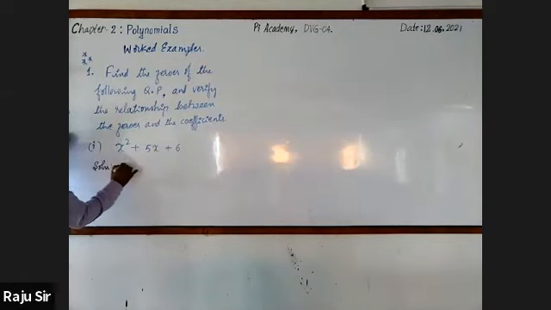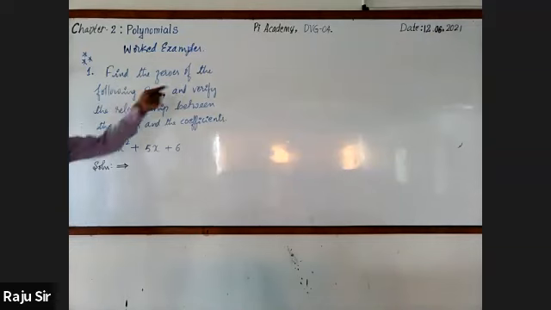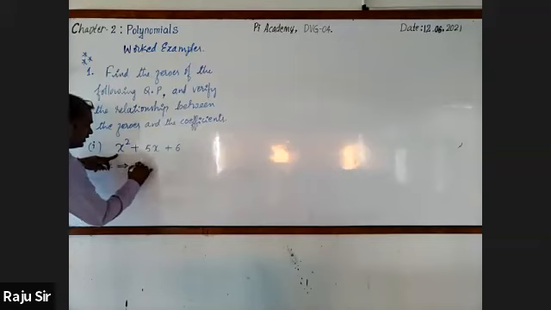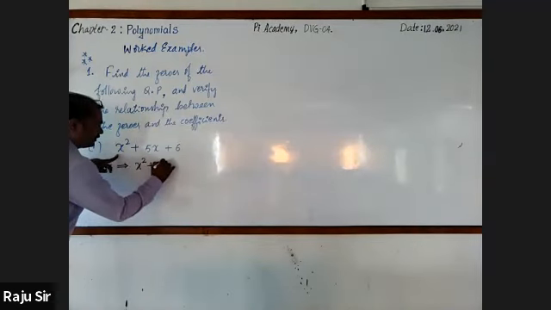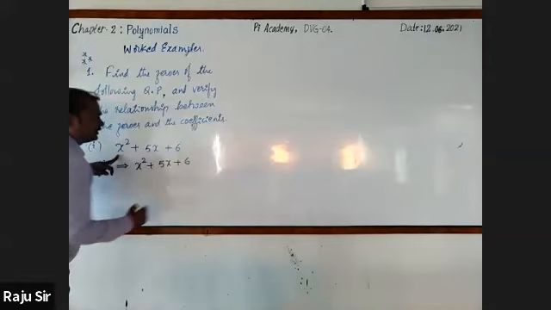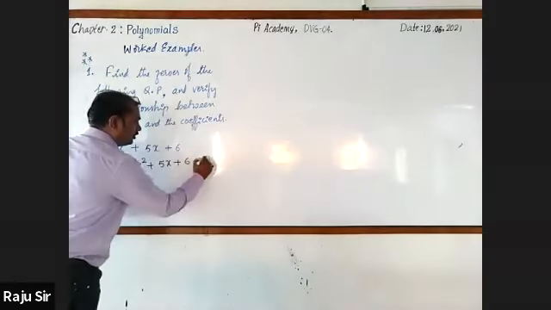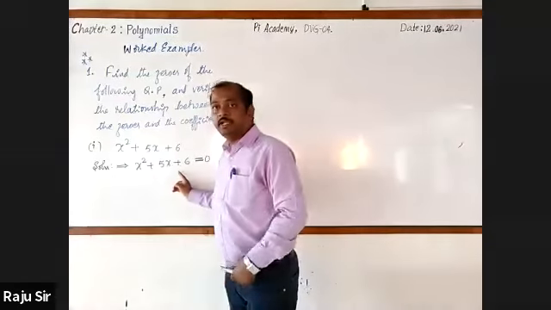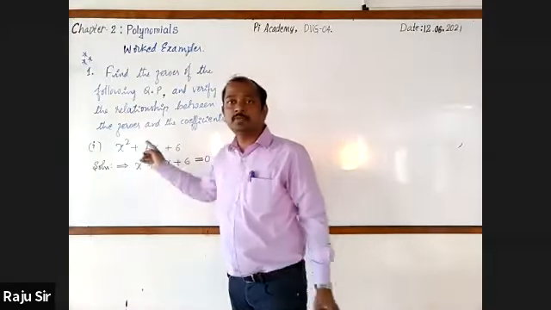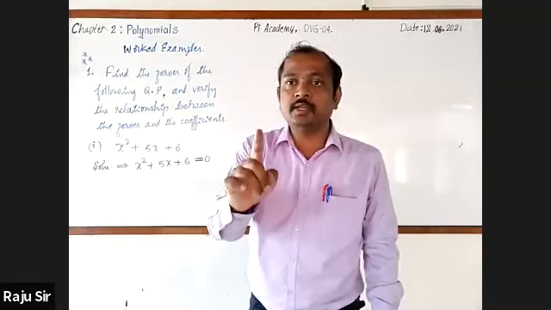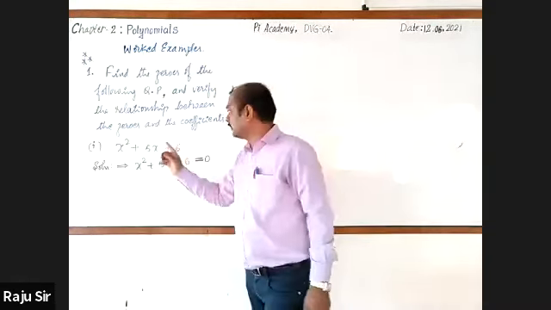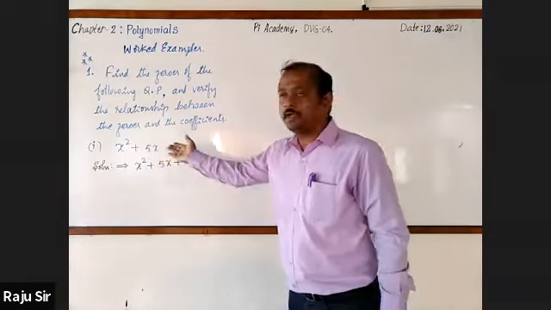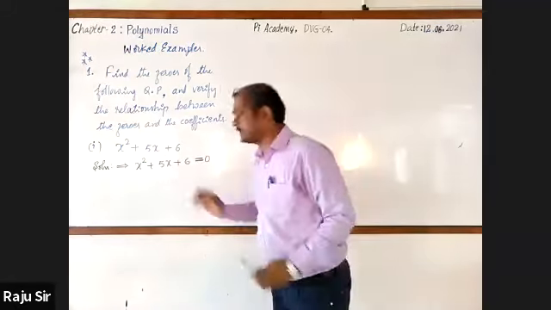There are two sub questions. The first sub question is find the zeros. Let us go for finding the zeros of this quadratic polynomial, x square plus 5x plus 6 equal to 0. And one thing you must notice: when you are finding the zeros, you have to check whether the polynomial is in standard form or not. Now, the given polynomial is in standard form, so we have written it as it is.